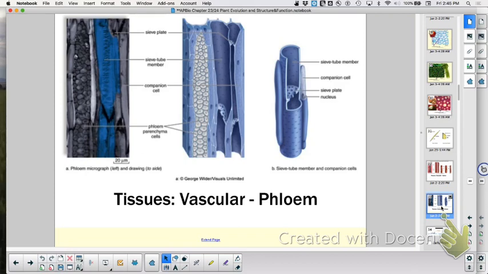Yes? It goes to the roots. It can go, yeah, it can go both ways. It can go down and store in the roots, and it can reverse and flow the other direction. So this has a reverse and flow. What else is different?